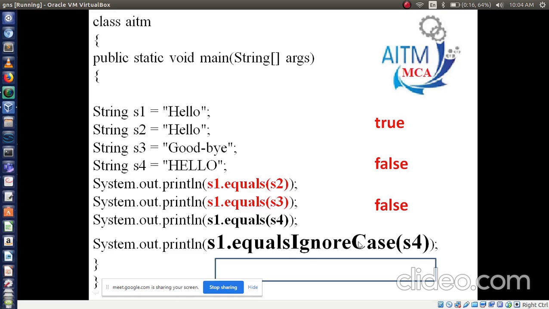So now which method are you comparing with? equalsIgnoreCase. Ignore case means what? Whatever small case or uppercase letters, you just ignore. That is the meaning. Now tell me, hello and Hello both are the same? Direct question. True, Kiran?